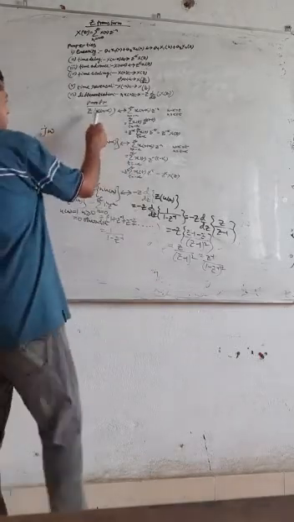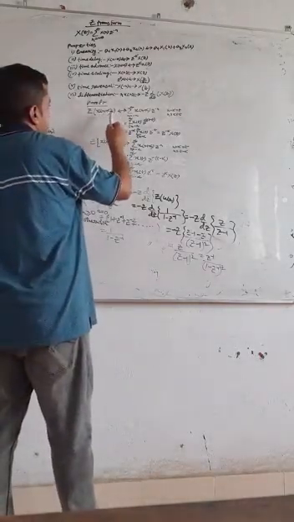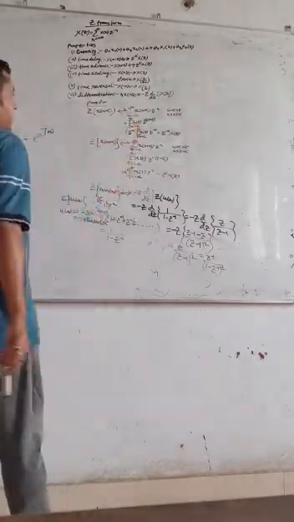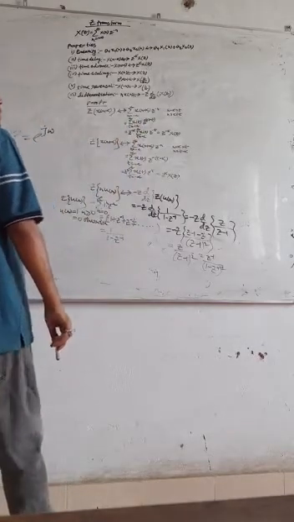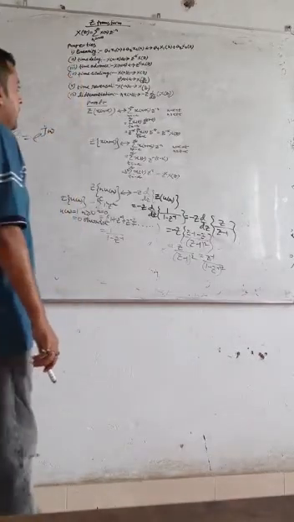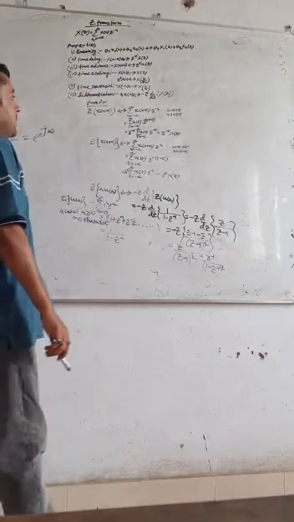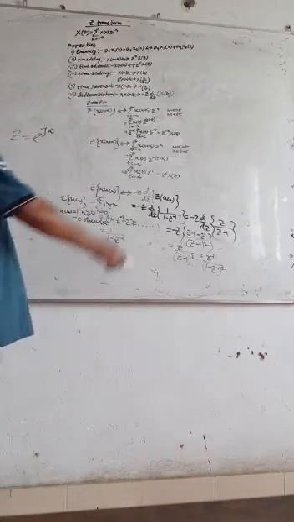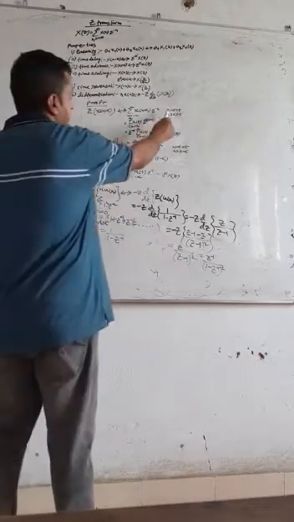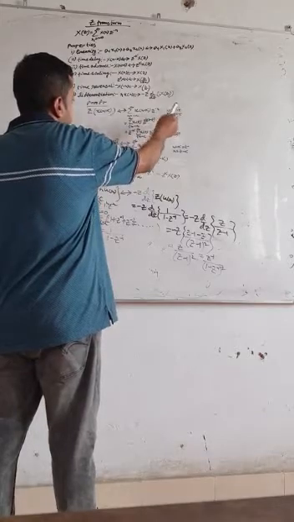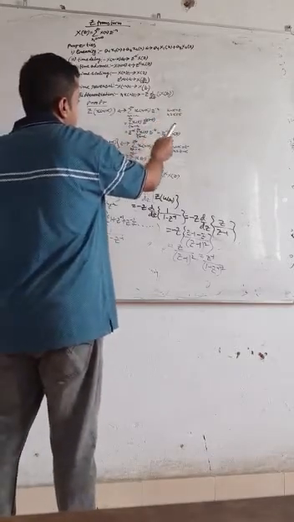But this is the proof. Z transform of x of n minus k, the sum from n equals minus infinity to plus infinity of x of n minus k z to the power minus n. Put n minus k equal to t, so n is equal to k plus t. So x of t, z to the power minus k plus t. Z to the power minus k will come out because it is not related to the t function. Now our function is t, with t from minus infinity to plus infinity. If n is infinity, t will be infinity; if n is minus infinity, t will be minus infinity. So this is z to the power minus k X(z).